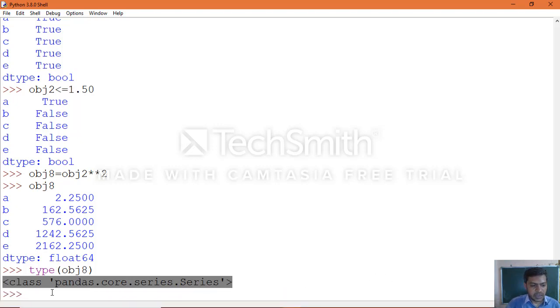So now we saw how we can modify the existing series data object with new data with the help of index and slices, and how we can rename the existing indexes. We came to know that the series object size is immutable and values are mutable. At the same time, we saw how we can extract the first n rows and last n rows with the help of the head and tail functions.